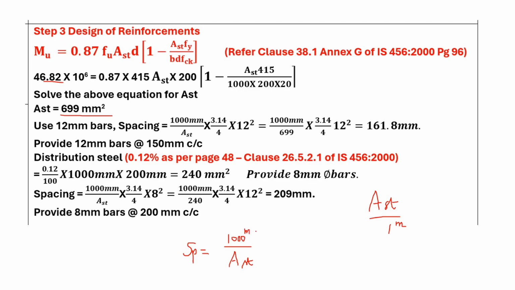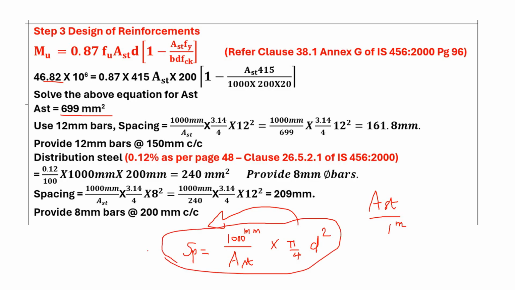Now then the logic is for pi by 4 d square, what is the spacing? So this is the formula used to find out the spacing, and it comes around 161.8 millimeters. Then after that you are using the 12 mm bars at 150